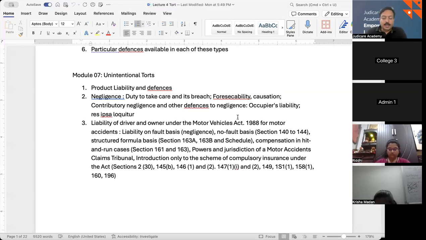Let's go to section 141. So 4 sections are there. 141. Now, provisions as to other rights to claim compensation for death or permanent disablement. So provision as to other rights to claim compensation for death or permanent disablement.